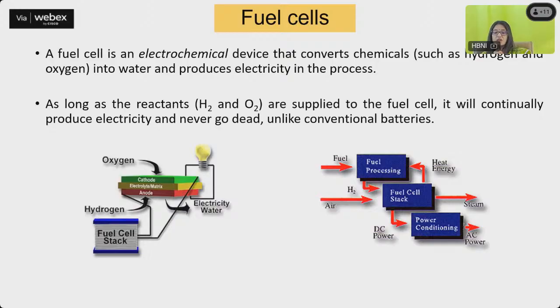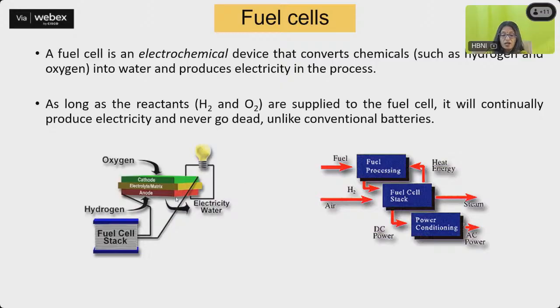So what it is, it's an electrochemical device that is converting chemicals like hydrogen and oxygen into water, and it is producing electricity in the process. As long as these reactants, hydrogen and oxygen, are supplied to the fuel cell, it will produce electricity and never go dead, unlike conventional batteries, because conventional batteries have finite active materials in them. In this case, you are flowing hydrogen gas through one of the electrodes and oxygen gas through the other electrode, they combine to give you water, and the electricity is generated in the external circuit. So this is the ideal kind of energy generation which we strive for, which looks very easy on paper, but it is very difficult to achieve